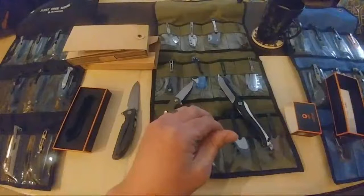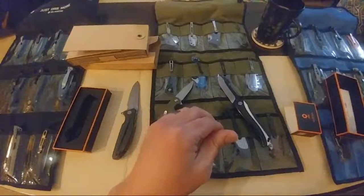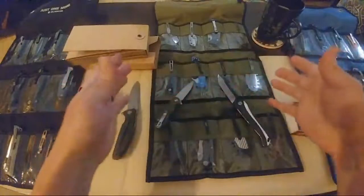Important to give. Yeah, that is important as far as having the distinct area. Right now, I'm using a little mat. If you don't know what that is,